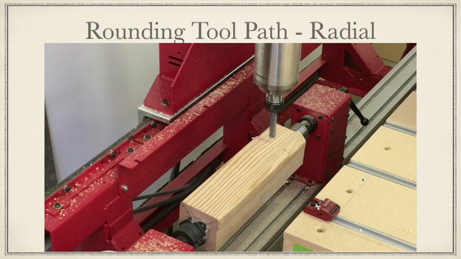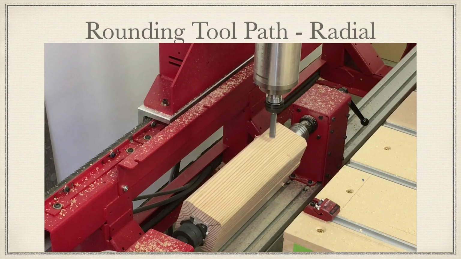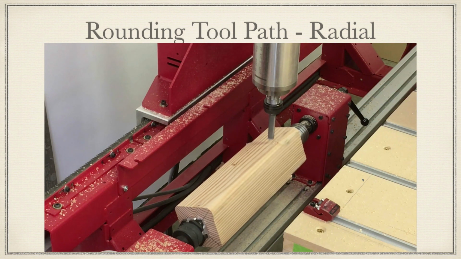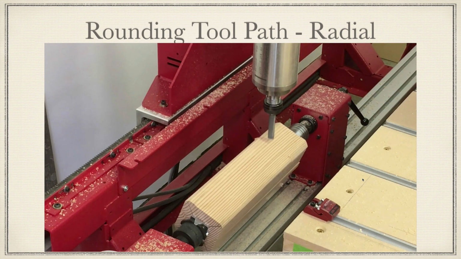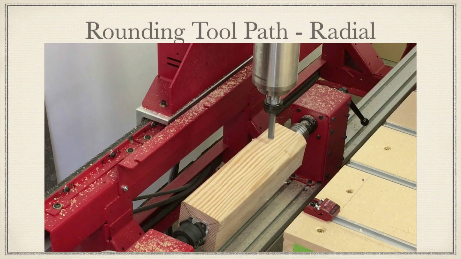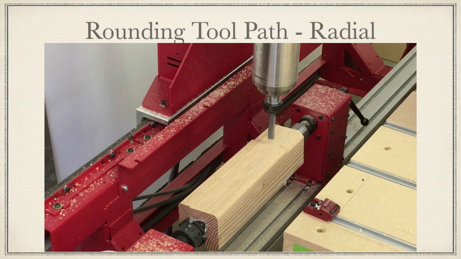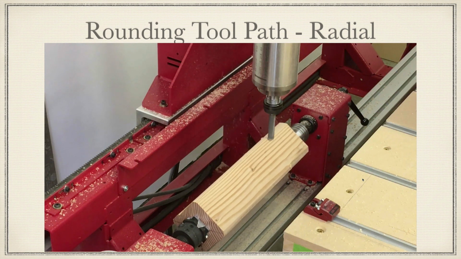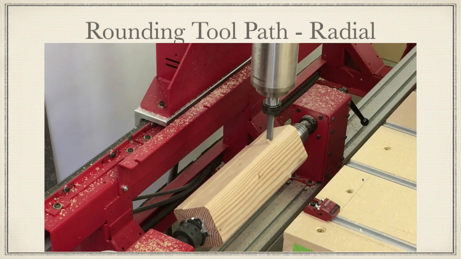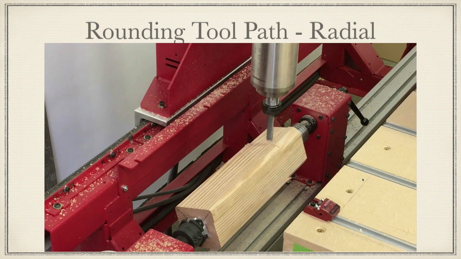In this example, we're using the radial cut. I'm starting this sort of in the middle, or after it had done the first pass. The first pass didn't have much that it was cutting off, so it kind of skipped over that one. You can see that the way it cuts is it'll cut 360 degrees in one direction, move the bit, cut 360 degrees in the other direction, turn around and keep repeating that until it gets to the